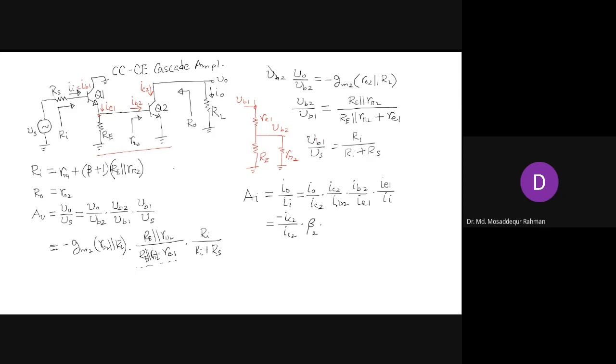What is IB2 by IE1? It's very difficult. So can we write 1 by beta plus 1 or something like this? 1 by beta plus 1. What's that? Hmm. So current